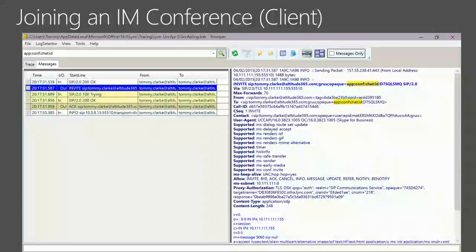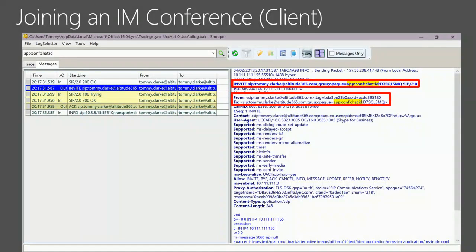So when we join the IM conference, you will see that the invite is being sent to the opaque AppConf chat ID. And that's basically the service that we're sending that to. And this is after that dance between the Focus and the Focus Factory and MCU Factory has already been taken care of. And this is when we connect directly to the MCU. It's from me to that AppConf chat ID. And the content type is application SDP. So the session description